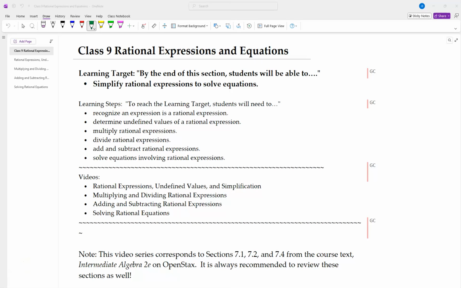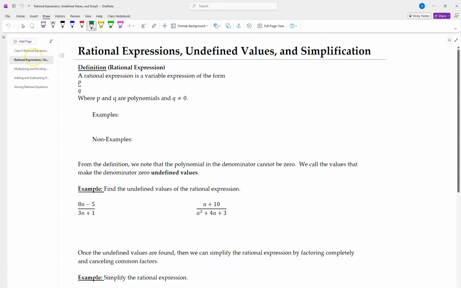Welcome. In this video series, we are going to look at rational expressions and rational equations, and then do operations with them in order to solve equations. So that's kind of our ultimate goal. Let's dig in. As we look at rational expressions, they are defined simply as anything that's of the form p